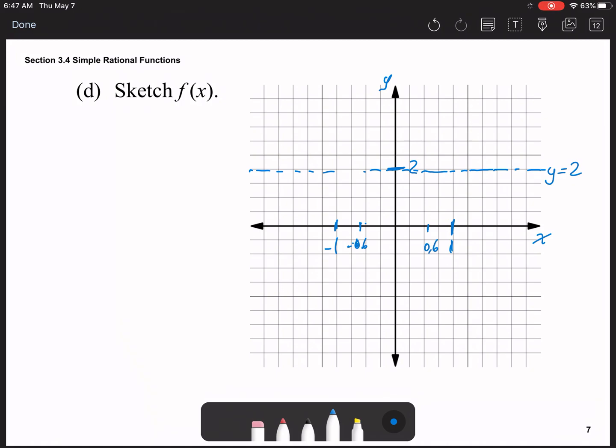Okay, so we know at points 0.6 and 0.5 we have another point of interest. And at negative 0.6 and 0.5, we have another point of interest. And at point 0, 0, we have a point of interest. So I'll put those points first. Before negative 0.6, it was decreasing and concave down and getting closer to this asymptote. So we could have something like this kind of shape right here, concave down